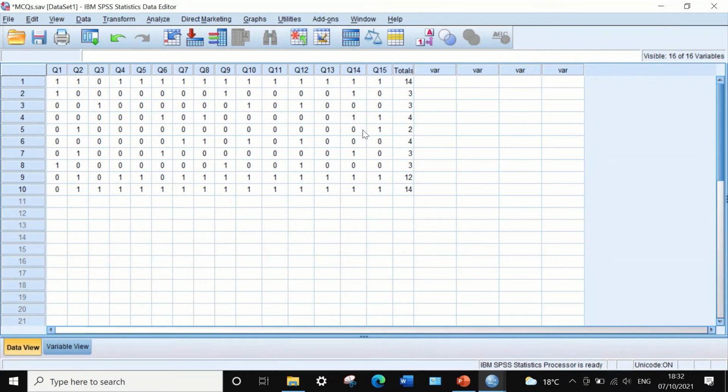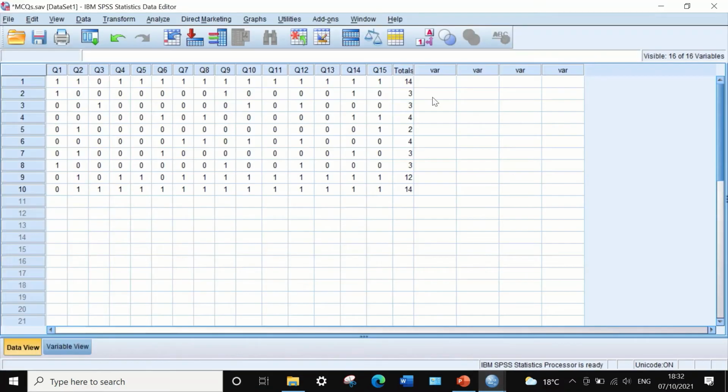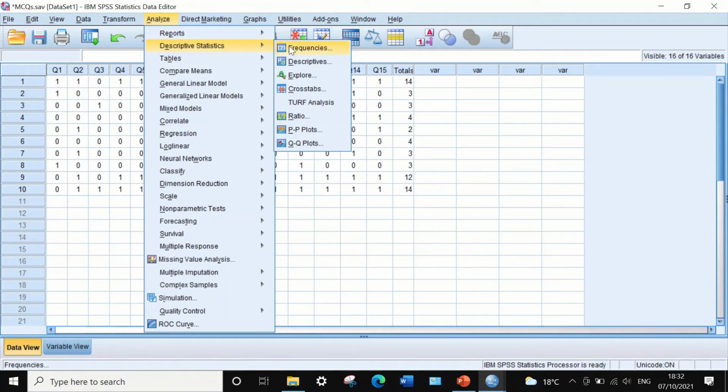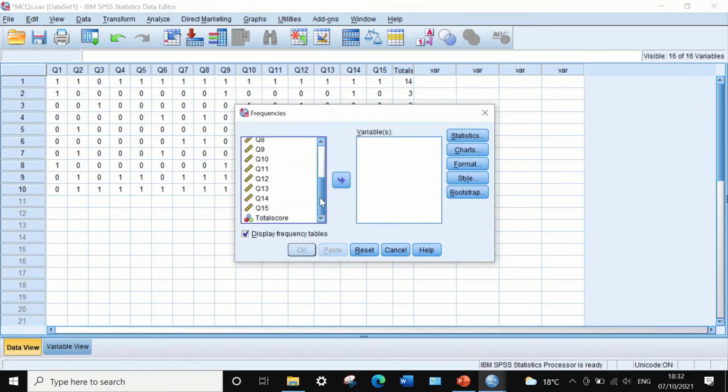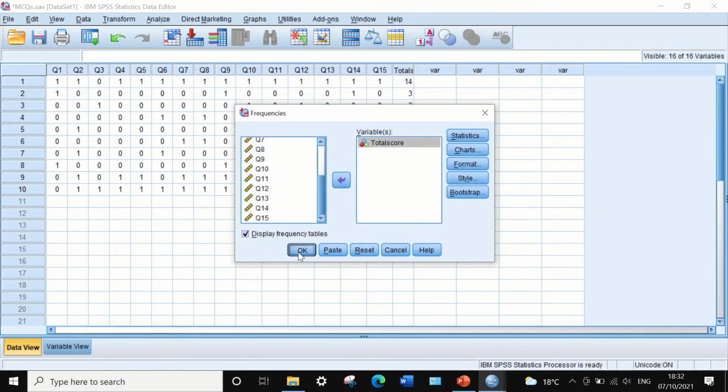Now once we have calculated the total score, the next step using the equation here is to calculate the variance for the total score. To calculate the variance, click on Analyze, then scroll to Descriptive Statistics, Frequencies. Click on Frequencies, and we're going to move the total score to the Variables box. In Statistics, we're going to tick Variance to select the variance for this data. And if you click on Continue and then click on OK,